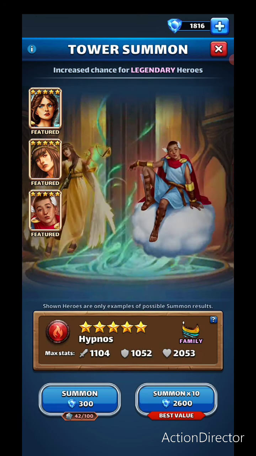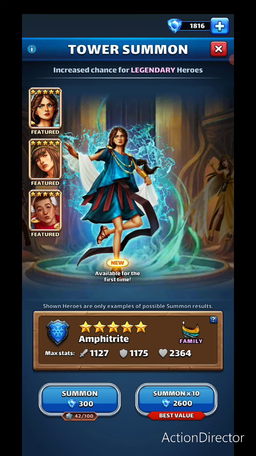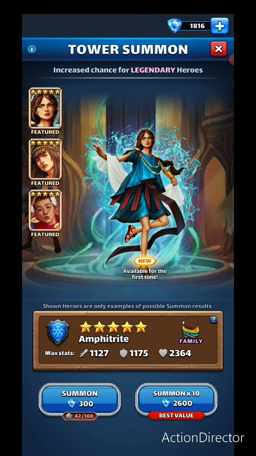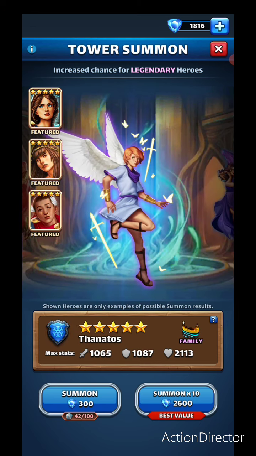But anyways, that's it. For anybody who's got Amphitrite, let me know what you think of her. I don't think she's that good now, especially with some of the newer ones. Maybe if you can combine her with Cinnamon, for example, then maybe at a second charge, maybe she'll be better. I'm not sure. Maybe Cinnamon, Sobek, and Amphitrite, yeah, maybe that's something to consider as well. But I think Hypnos is the one that everybody would want. So anyways, we do have